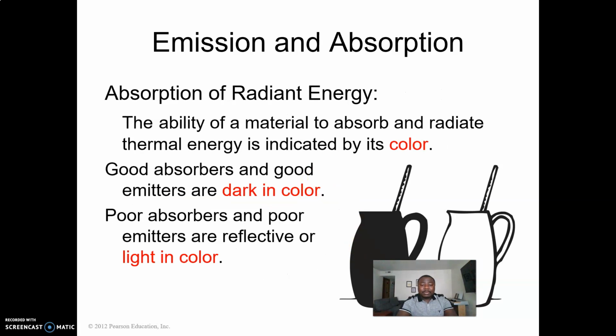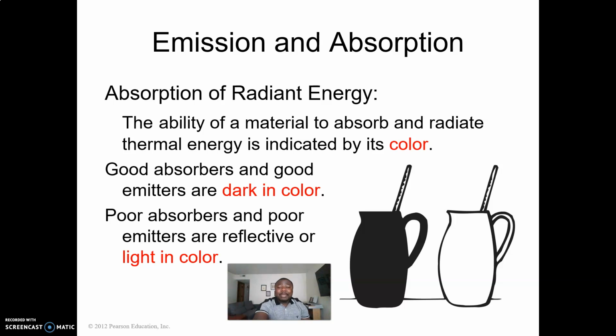So we have this example here, absorption and radiation energy. The ability of a material to absorb and radiate thermal energy is indicated by its color. Good absorbers and good emitters are dark in color. Poor absorbers and poor emitters are reflective or light in color. So if I ask you which dress is good to wear during the summer, you shouldn't say a dark material, because it's going to absorb all the heat, and as a result the person is going to burn up. So generally during the summer, somebody should wear something white, something silvery, something that